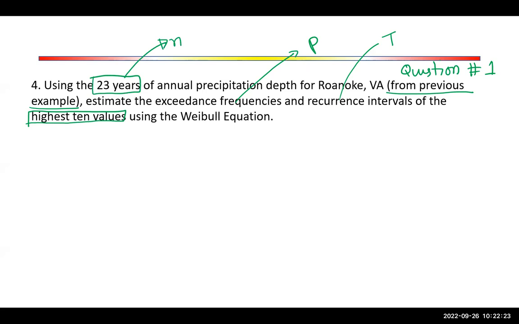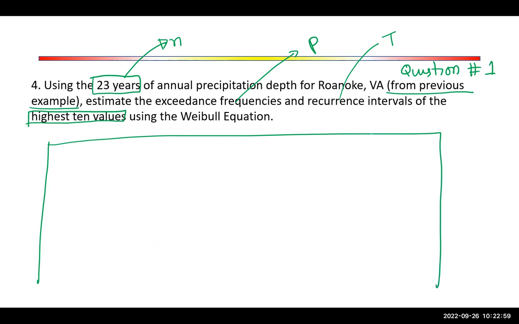Now, we discussed how can you sort out the data using Excel, right? If you have 500 data or something, there is no point to go through manually. But for this one, we have 23 years of data. If you want to use Excel, that is fine. If you want to sort out manually, you can do that as well, right? So you just need to make sure you know how to sort out the data. You need to find highest 10 values, and for each one, you need to find P and T. Since we need to find the 10 different values, it's better to work using a table. So the very final one is T equals 1 over P.